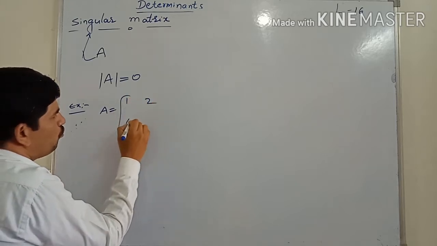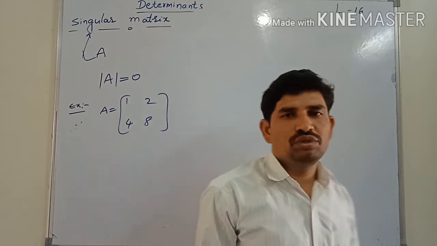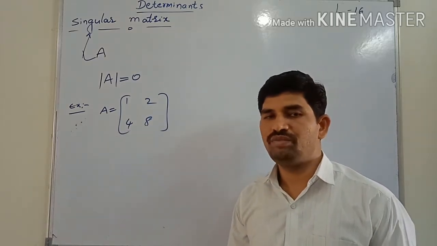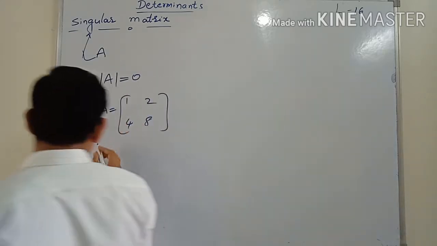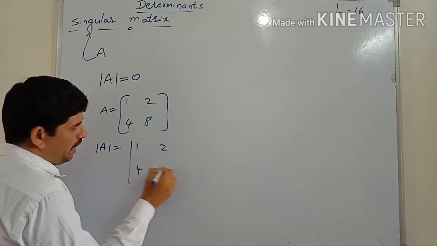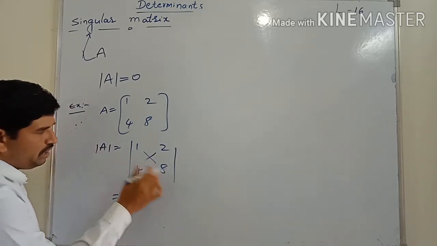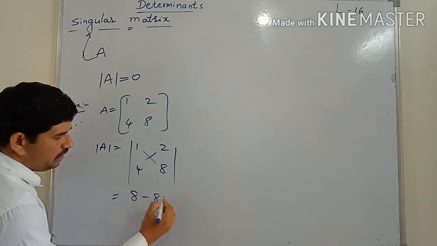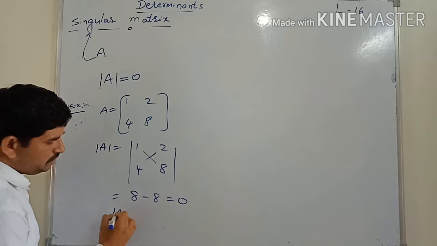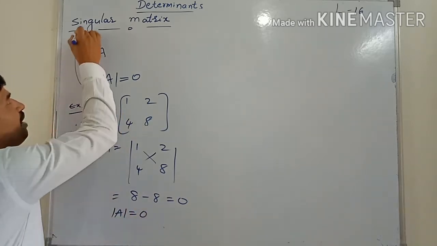Matrix A is equal to 1 2 4 8. See, this is the matrix A, whose order is 2 by 2. Now I am going to find the determinant of this matrix. The determinant is 1 2 4 8, that is 1 into 8 is 8, minus 4 into 2 is 8. The result is 0. So remember one thing, students: determinant of A equal to 0 means the matrix is said to be